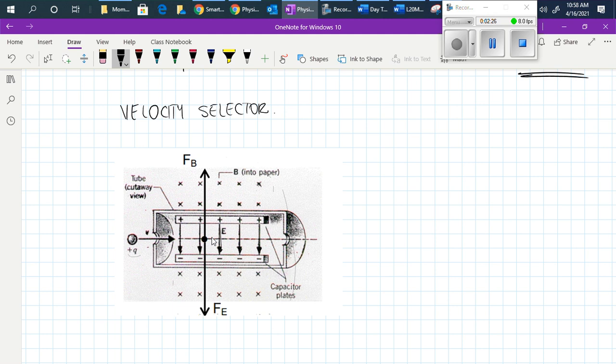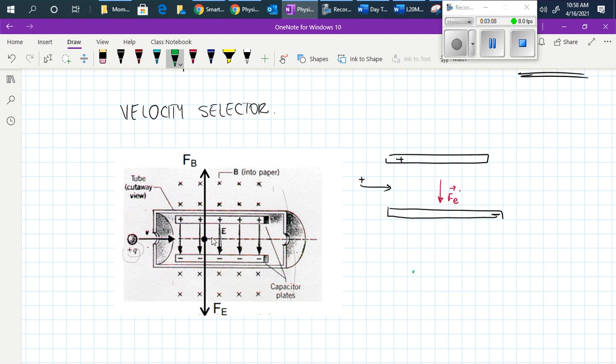Now, as a positive charge is entering, when we have two parallel plates, the positive plate is on the top and the negative plate is on the bottom. Then we have a positive charge that is entering here. The electric force that the charge will experience will be going down. And now, on the other hand, since the electric field and the magnetic field are merged together, what we have is